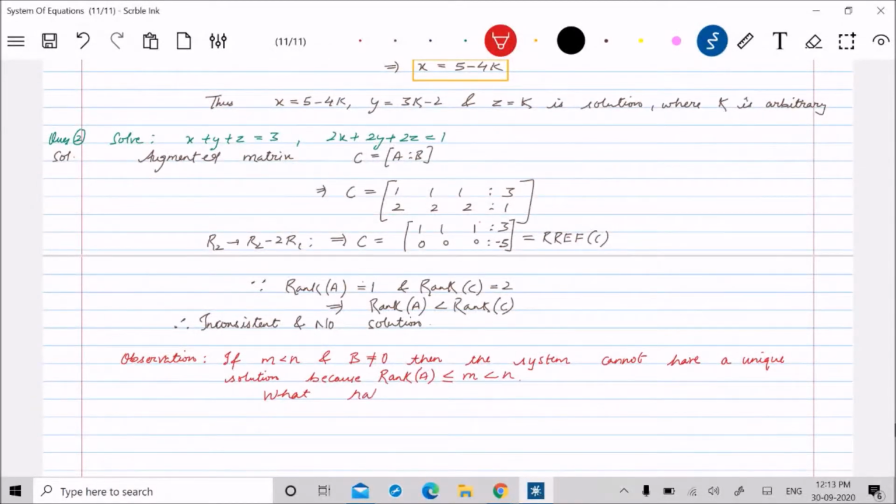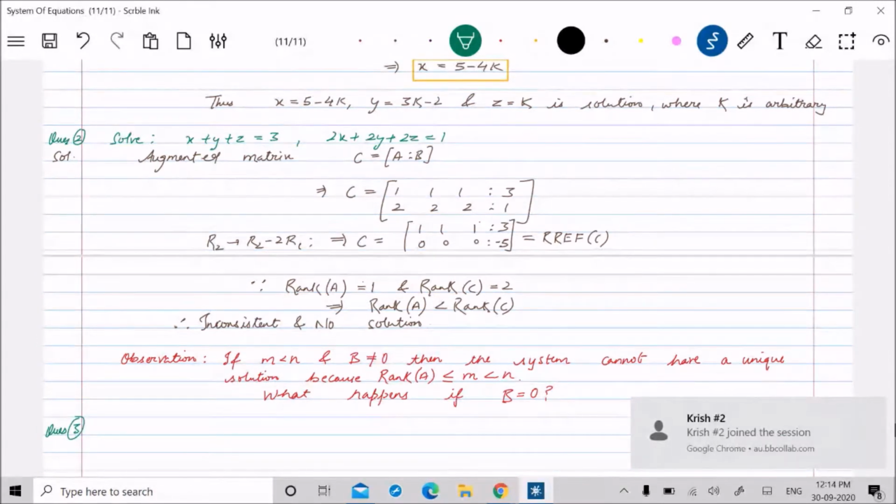What happens if the right hand side becomes 0, and that's the 0 vector, right? This is a question, and to search for the answer to this question, we should formulate a question. Actually, it's always good to answer something by writing a good question, right? So the question addressing this is question number 3, and which is